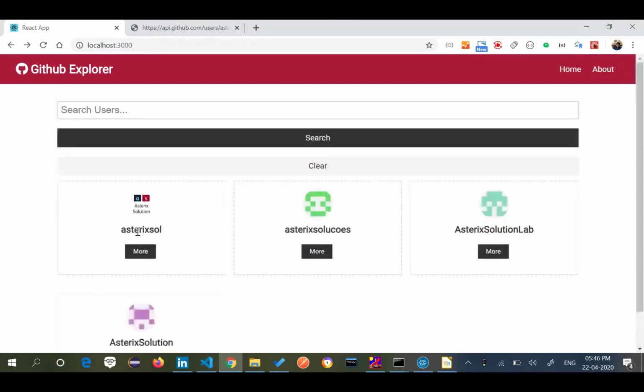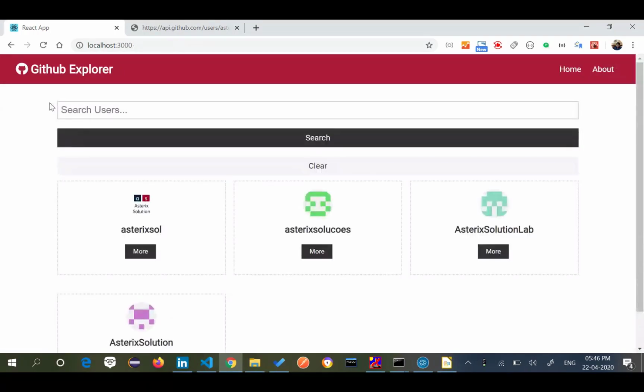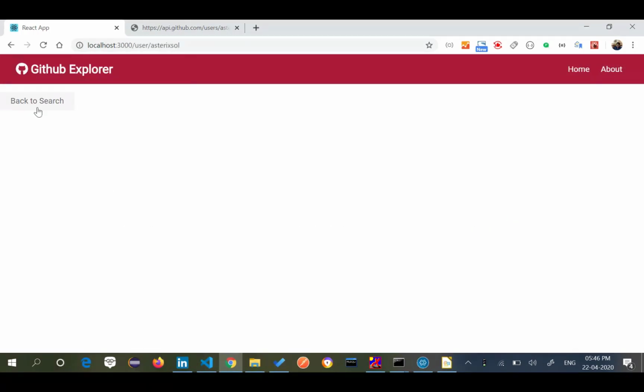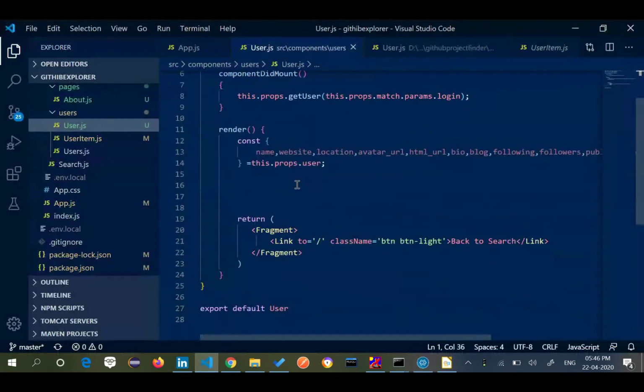And if you see the output now, that's the solution. I loaded the page, and can you see, I've got the Back to Search button. If I go back to search, I'm still on the same search result. So clear on this part? This is how it is done. So I have created the Back to Search button now.